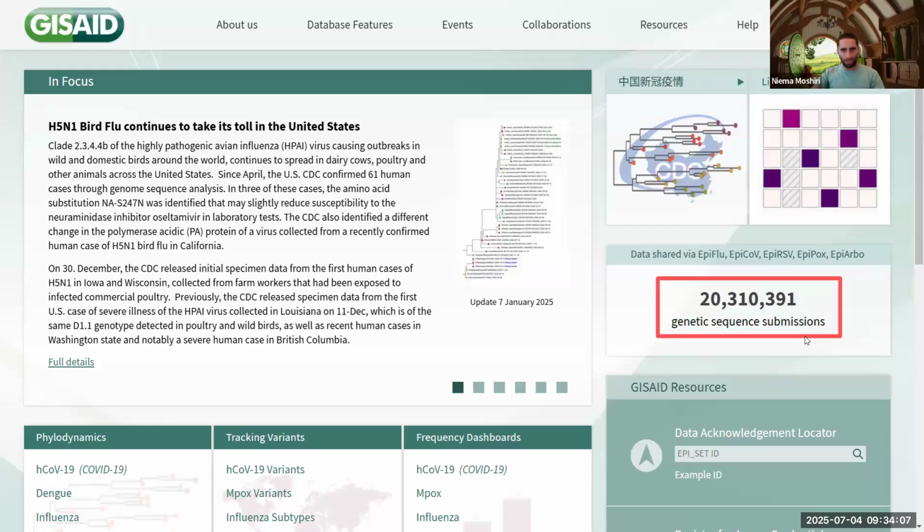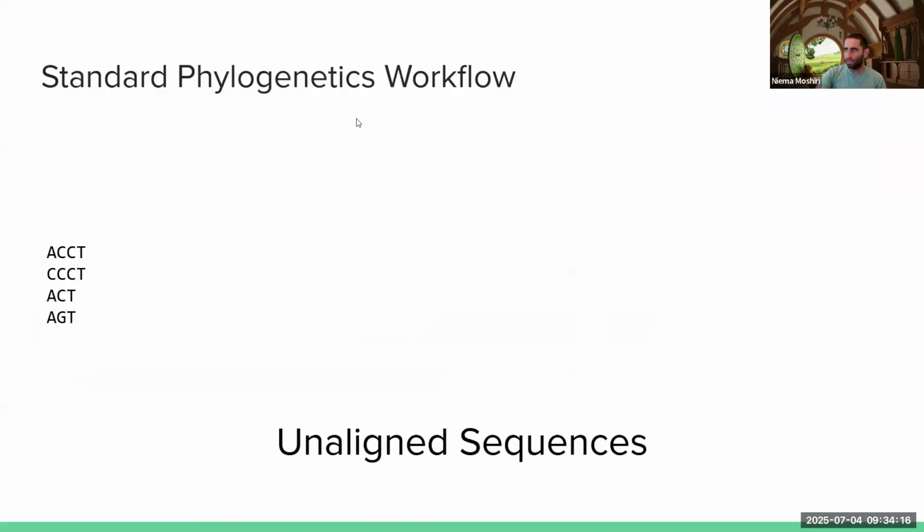And in this part of the talk, I'm going to talk about, okay, now I've collected all these millions of genome sequences. What do I actually do with them? So the standard workflow that we typically do is we start with these unaligned genome sequences. These are genome sequences that we just collect from all these different people, and we use the pipeline I just talked about, that tool that I just talked about a second ago, to reconstruct all their genome sequences, but